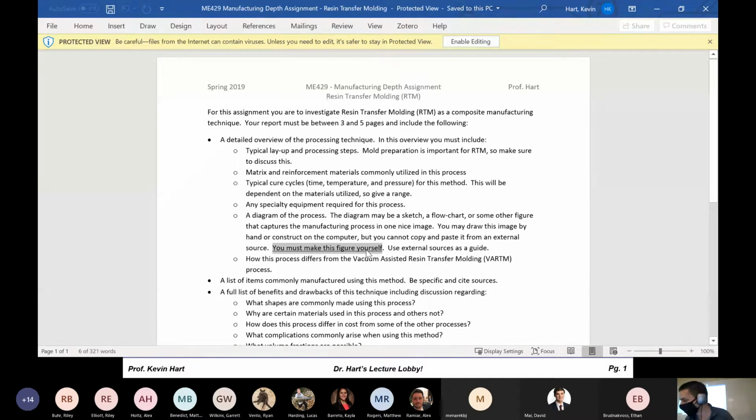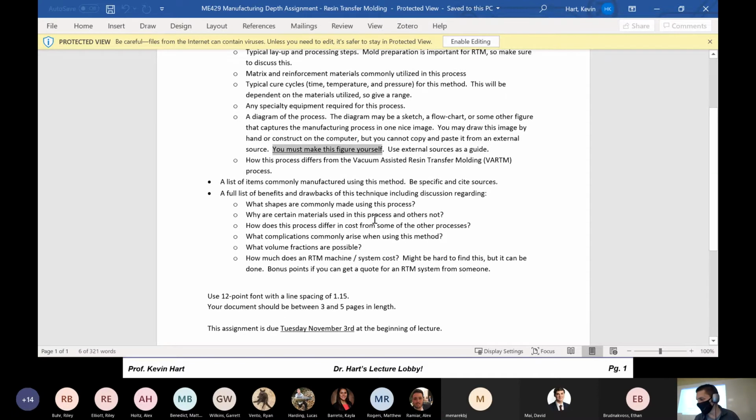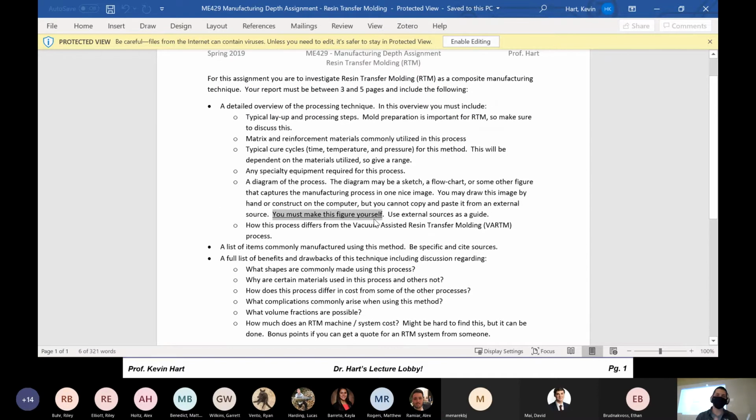Rawr! Must make it yourself. Then a list of commonly manufactured items, and a variety of different information. I ask you to get a quote for an RTM machine. If you can do that, mad props. All the prompts for the depth documents look a little bit like this, with slight variation. So find your topic,